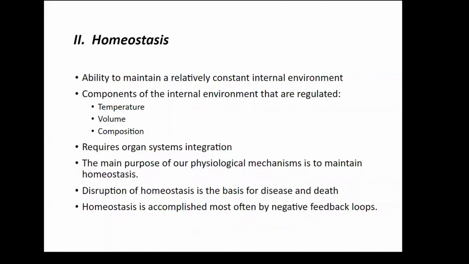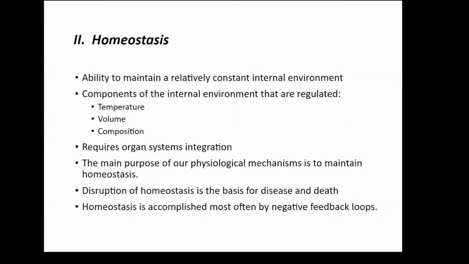Basically, you can't do it with just one organ system. If we think about the volume of our internal environment, the volume of the extracellular fluid, we need, for example, our GI system working in concert with our circulatory system to spread out the water we're drinking. So we're going to have to muster different organ systems in order to keep these different variables under control.